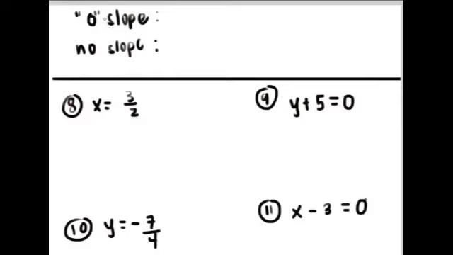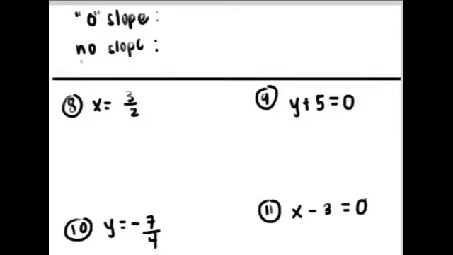We call it a zero slope and no slope. All the ones we solved in the last couple of minutes had an actual number as a slope, but sometimes there's a zero slope and sometimes there's a no slope. That usually happens when one of the letters is missing, like we do not have an X or we do not have a Y. Okay, so